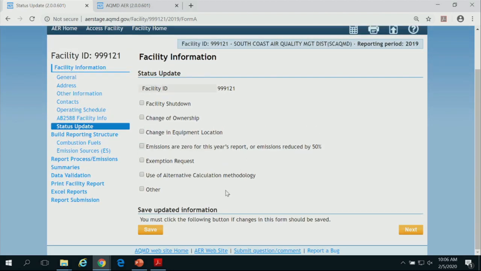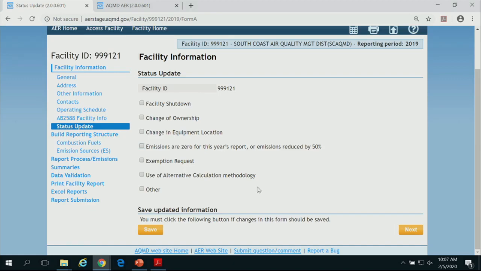I have a quick question on the ownership issue. If there was a sale to another company during the year, what are the requirements for reporting? Are there going to be 2 separate reports for each facility ID? No. Once we send the notifications to the facility, we use the ID that was effective in our permitting database. This happens usually at the end of the year, and the report is added to the tool.